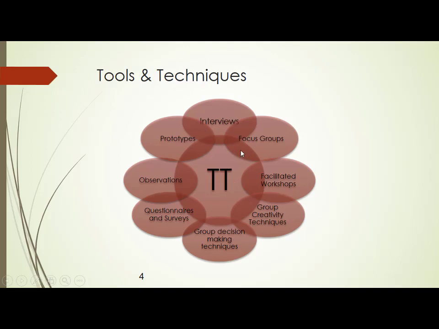So remember that every process will have inputs, tools and techniques, and outputs. The input to collect requirements is the stakeholder register and the project charter. Now you should have these two inputs ready with you, and you should perform these tools and techniques like interviews, focus group, facilitated workshop. So these tools and techniques you have to employ, and finally you have to come out with an output called the requirements collection report. What is the output? We shall see that later.